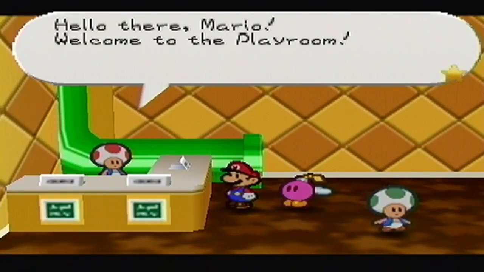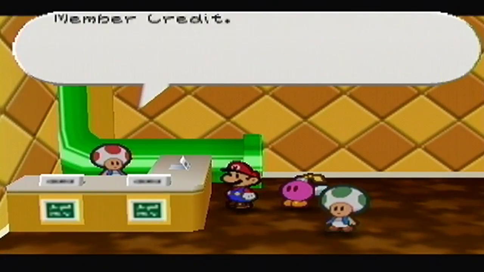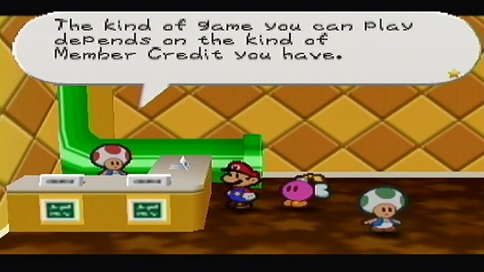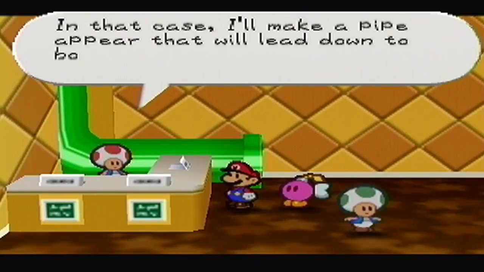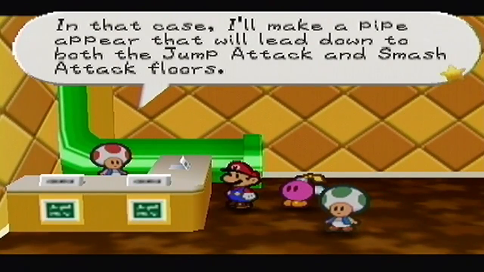Hello there, Mario. Welcome to the Playroom. To play here, you need a member credit. The kind of game you can play depends on the kind of member credit you have. Cool, you have a gold credit. In that case, I'll make a pipe appear that will lead down to both the jump attack and smash attack